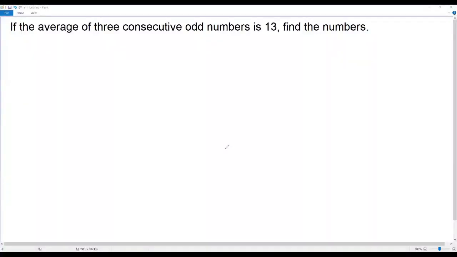Here we have a word problem. Okay, let's go over the question. If the average of three consecutive odd numbers is 13, find the numbers. So we have to be very careful with the phrase three consecutive odd numbers, not just three consecutive numbers,